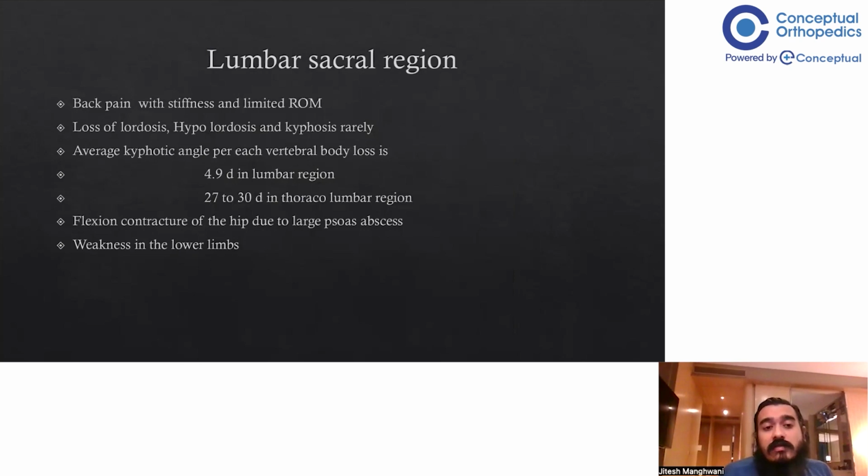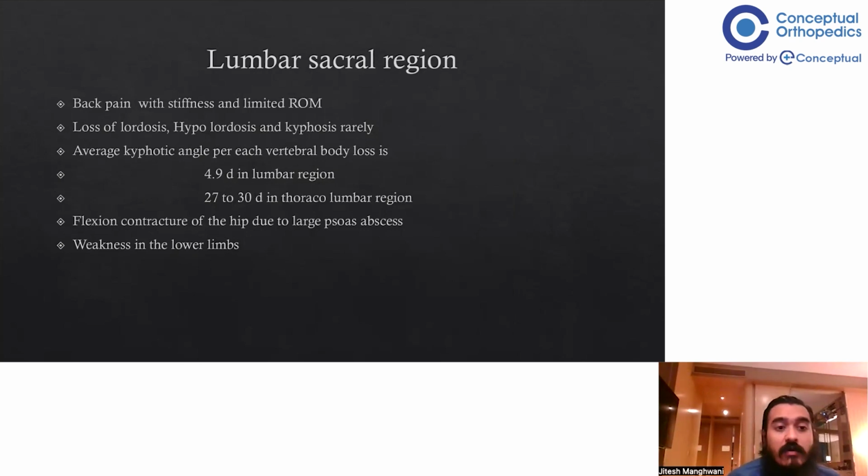Lumbosacral region, so there is back pain with stiffness and limited range of motion. These patients generally have back pain. They would complain of some stiffness and limited range of motion because, because of the infection, the bending becomes restricted. Clinically, you may see a loss of lordosis, or hypolordosis, and sometimes in progressed cases, you may see kyphosis, which